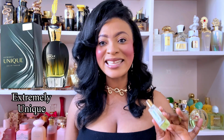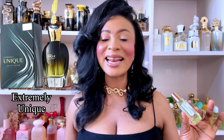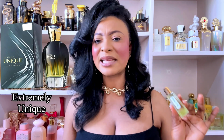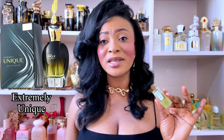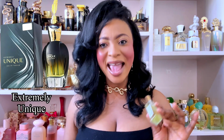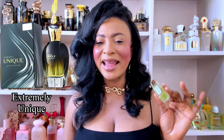Extremely Unique is indeed a very unique scent. It is quite addictive and mass appealing. I think I genuinely love this fragrance. It is something you can easily blind buy. The price is also right. So if you're looking for something tropical but with the woody, pulpy edge, nothing really airy and light,